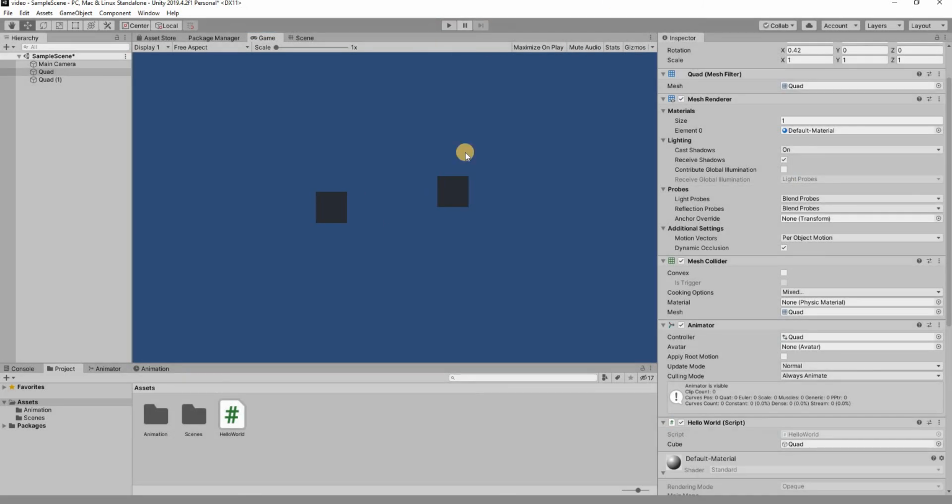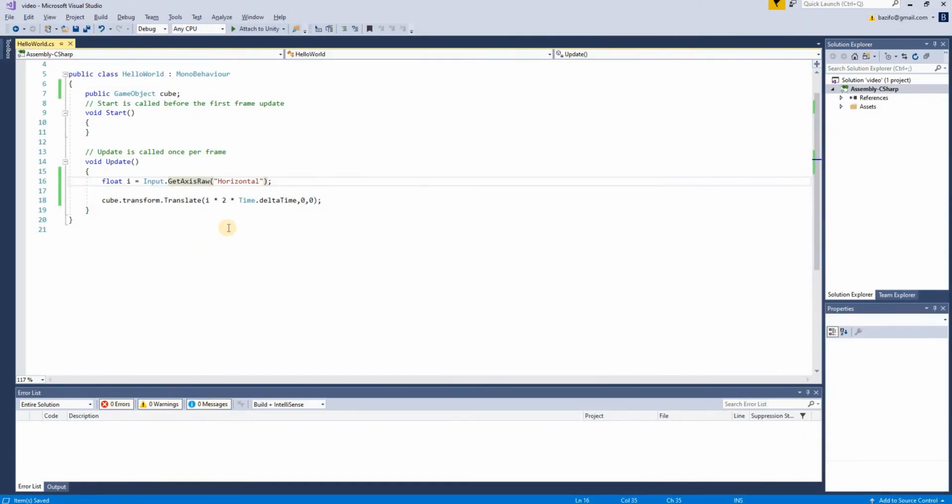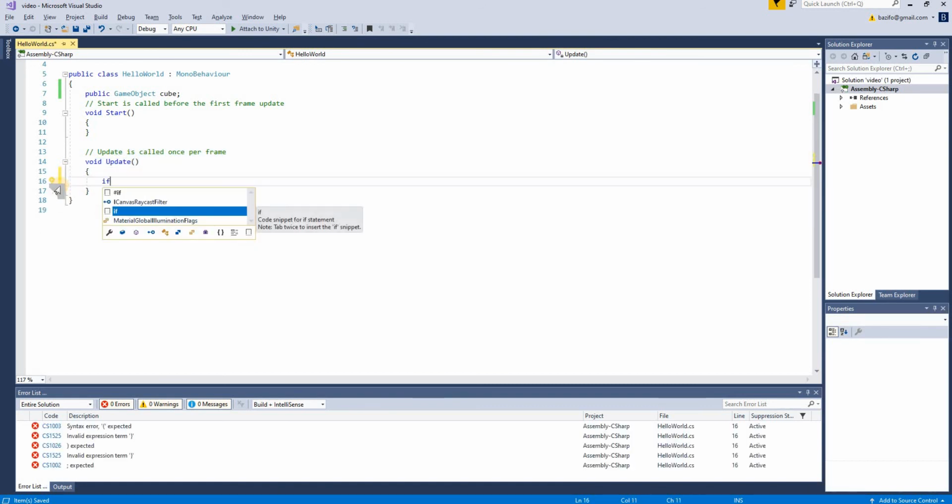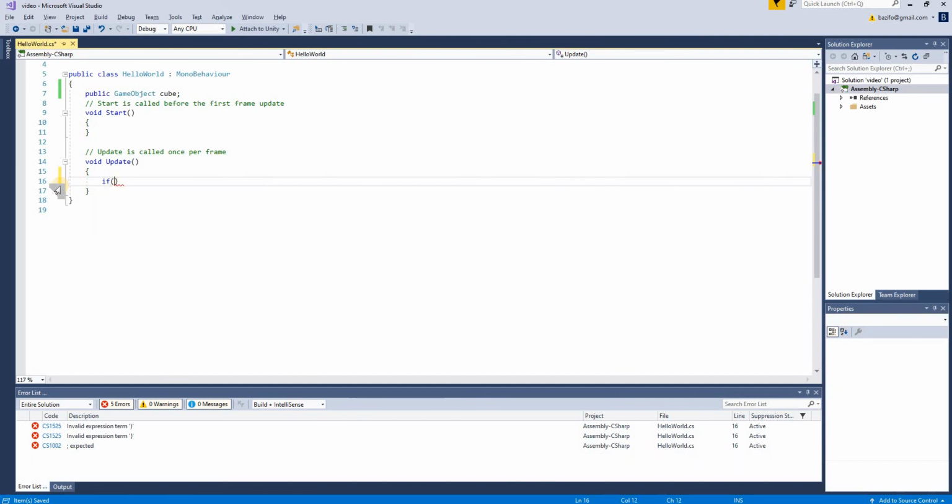So that was the first tactic you can do. The second tactic is the harder way. Let's get right into it. What we have to do is create 2 if checks. If you, let's say, press the right arrow key, it's going to move it to the right. If you click the left arrow key, it's going to move it to the left. In the older one, you didn't even have to create 1 if check, but in this one you have to create 2. So if input, whatever an input in your keyboard, Input.GetKey